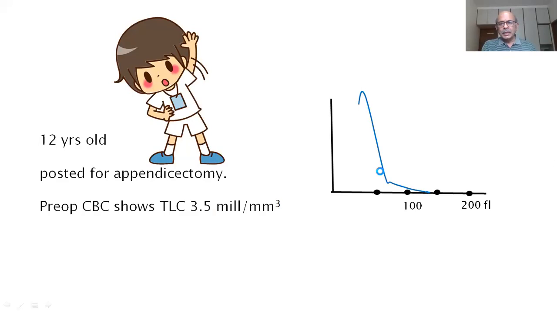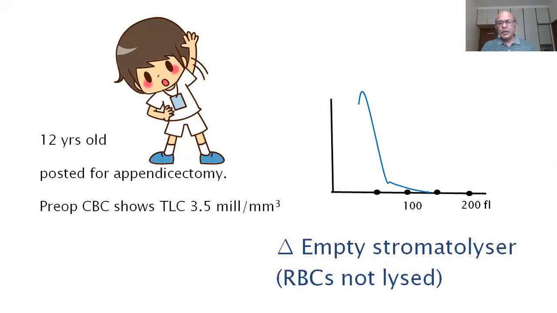This is because here the RBCs were not lysed at all. Normally the solution is automatically picked up by the machine and the RBCs are lysed. In this case, the container which contains this liquid, which is known as the stromatolyzer, was empty. So what this machine counted was the RBC count, which was in millions, and hence the total count of 3.5 million was given. In reality, the machine had counted the RBCs. We rechecked with the stromatolyzer container being filled, and then we realized that the TLC was normal.